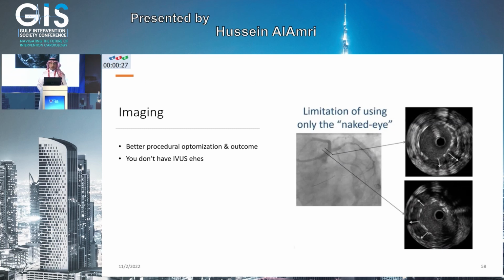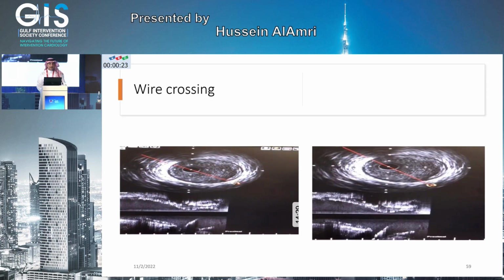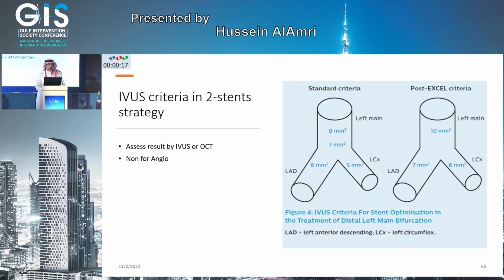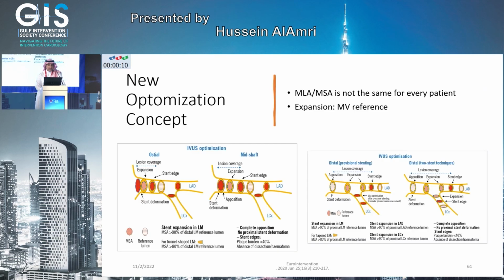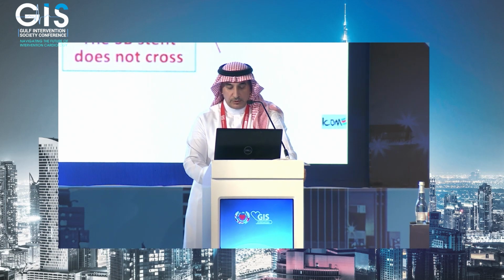What you see and what looks good in angio is not exactly what is there. Again, IVUS and OCT can exactly show you where the wire is crossing. Is it proximal, distal, or not? And the IVUS optimization criteria, according to EXCEL, has changed to larger areas, and currently, because of different patient sizes and eccentricity, you optimize to distal or proximal reference area rather than to